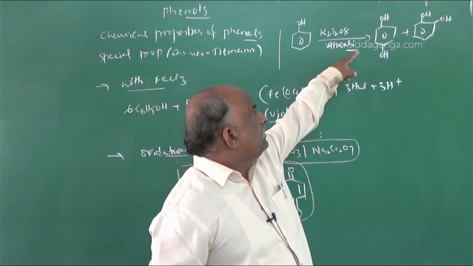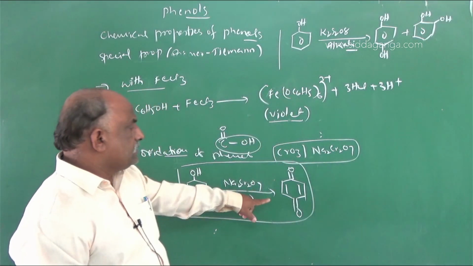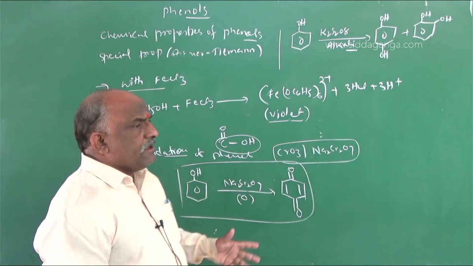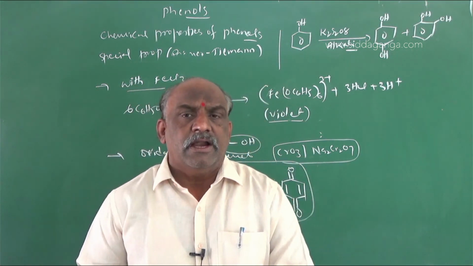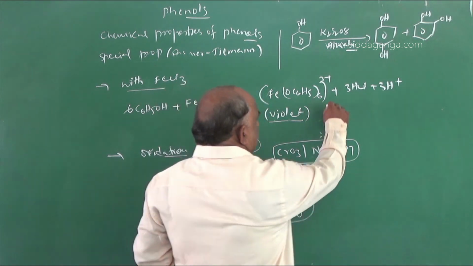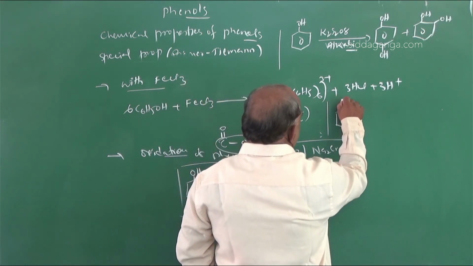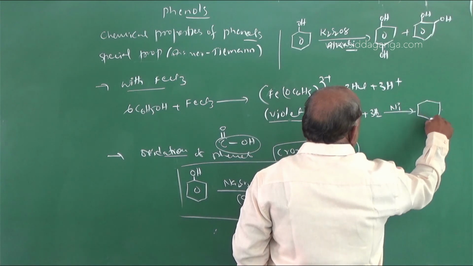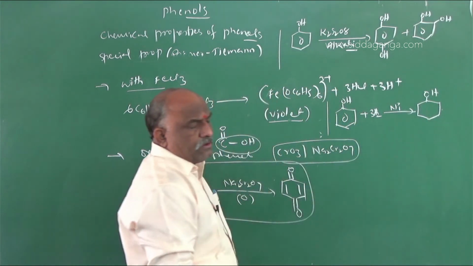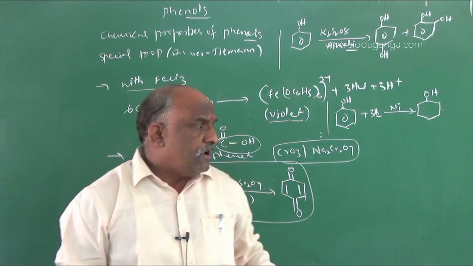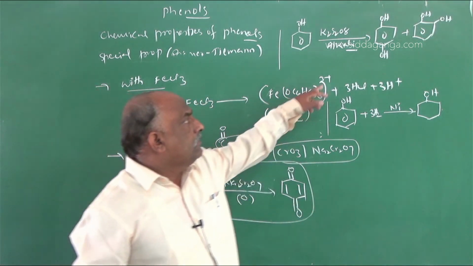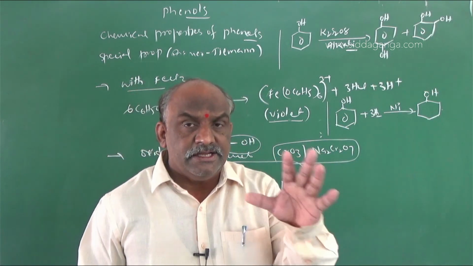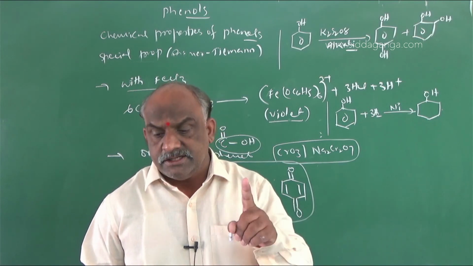So in this oxidation two hydroxy groups are introduced, but the Na2Cr2O7 oxidation is completely different. And reduction means addition of hydrogen in the presence of nickel. These are the miscellaneous reactions: plus 3H2 in the presence of nickel. What will be the answer? We will get cyclohexanol. Reduction of phenols gives cyclohexanol. Oxidation of phenols gives benzoquinone or dihydroxybenzene, that is catechol or resorcinol, according to the conditions. Conditions are very, very important.